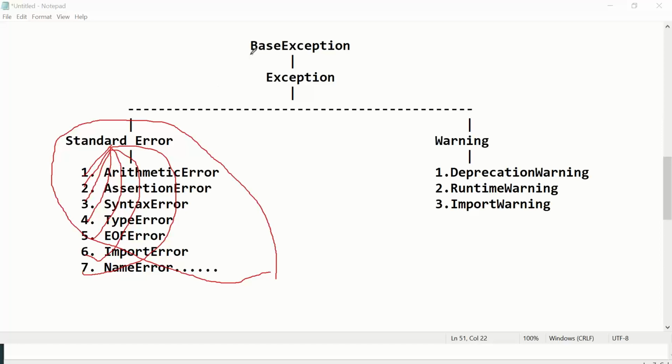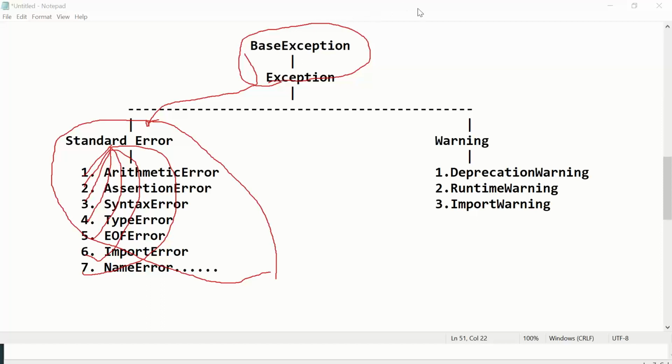Now base exception into exception into standard error, so this way it is multi-level inheritance. It is hierarchical inheritance and it is multi-level inheritance. If you stop up to here only, this is single inheritance.